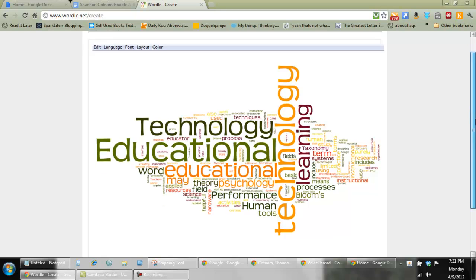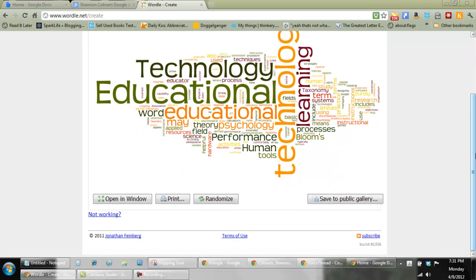As soon as you have it what you want, you'll notice that the words that are used most commonly, most often in your paper, are going to be larger. The words that are used least often will be smaller, so it gives you an idea of what the context and content of any document is in just a word cloud. Once you have what you want,